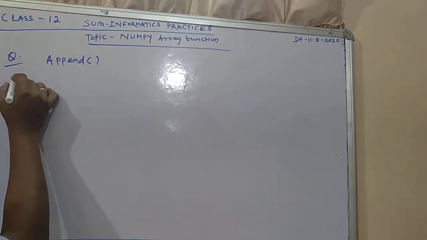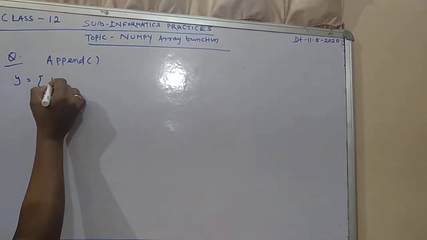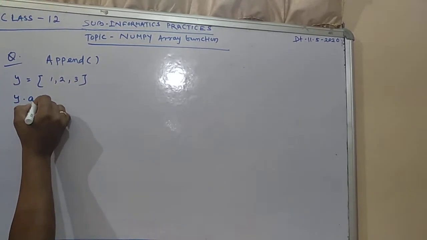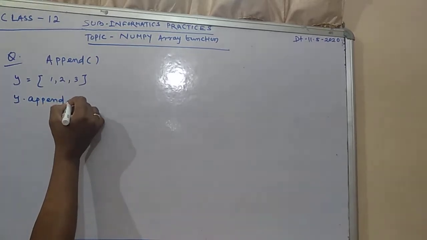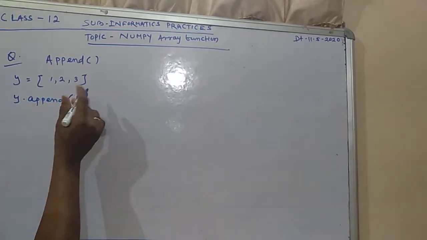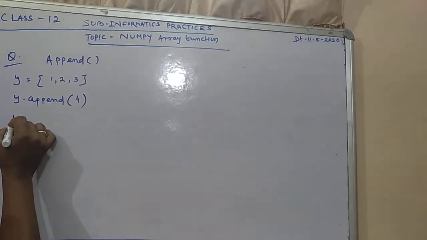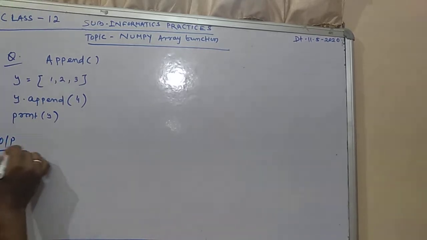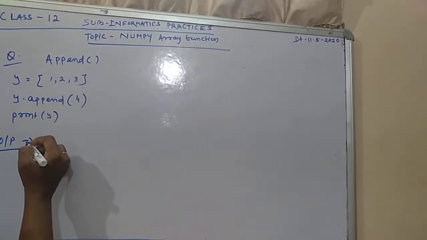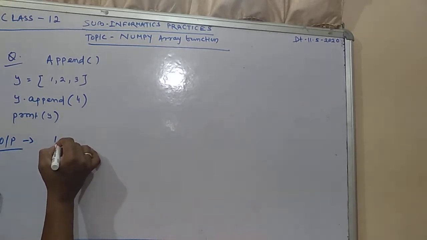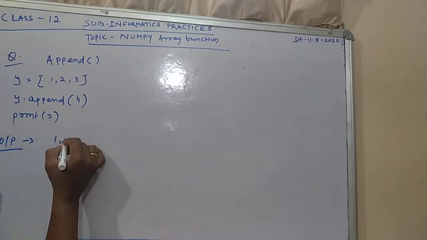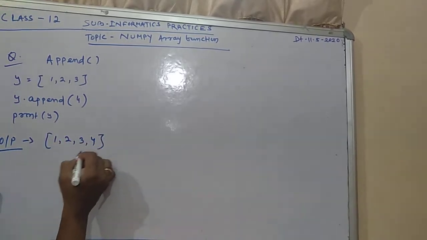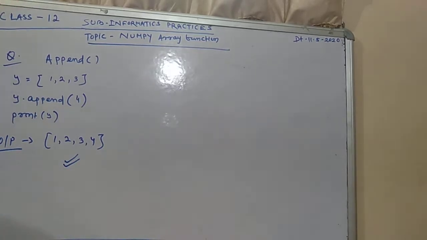Suppose we put a list item, y equal to 1, 2, 3, and then I write y dot append, carefully see, append 4. I want to add 4 here. Then print y. If you write print y, what will the output be? All of you run the program also simultaneously. The list will be there, the commas will definitely remain: 1, 2, 3 and here 4. In the list the output will come this way.